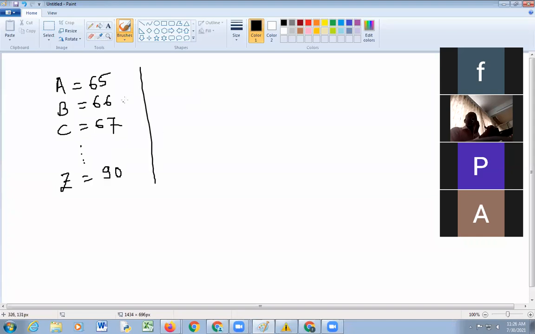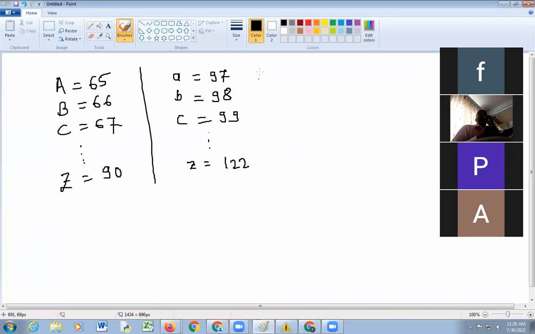Similarly, for small a it is 97, for b 98, for c 99, up to small z, which is 122.